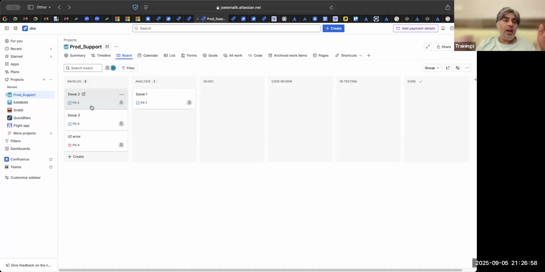It could be a development manager, it could be a delivery manager, the roles could be different, but there has to be one or two people who know what the priority of these things is. So obviously the critical or the high priority items we take up first, medium later, and low later. So let us assume this was a critical issue.